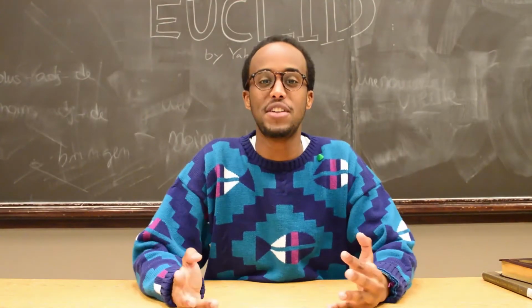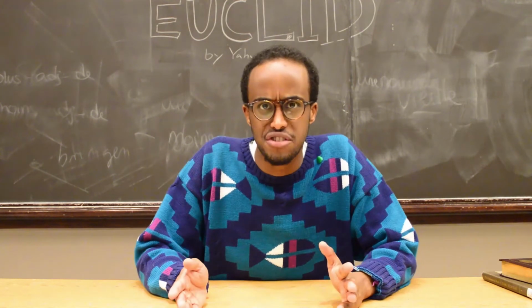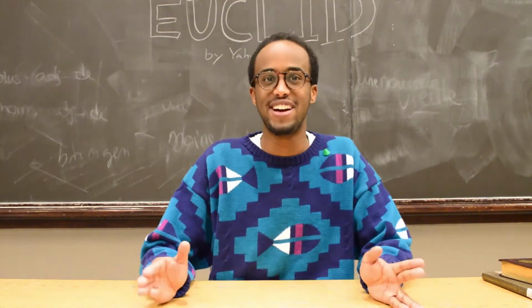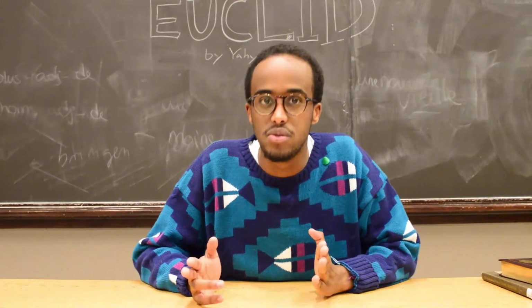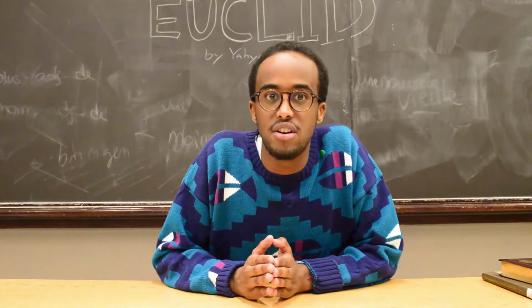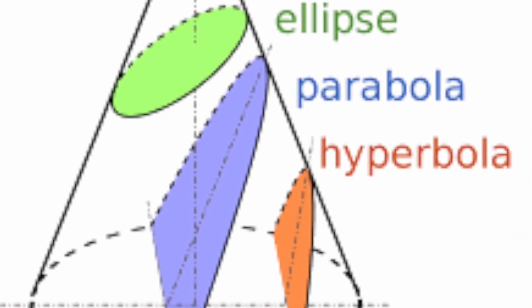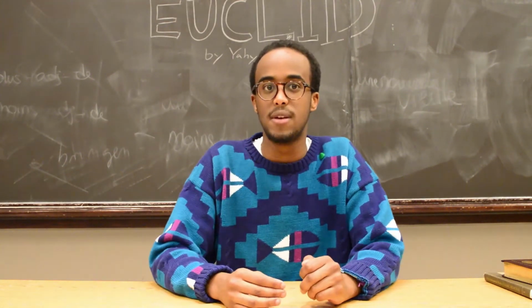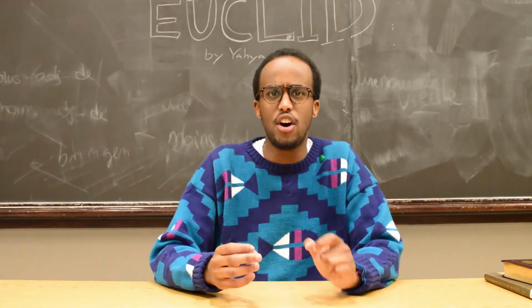Hey guys, let's talk about the legacy of Euclid and the Elements. As you can imagine, the Elements instantly became all the rage throughout the world. It first traveled throughout the Mediterranean in its original Greek and started to influence other Hellenistic scholars, most notably a man named Apollonius, who later applied the same axiomatic methods picked up from Euclid to cones. He later defined multiple cones and went on in more detail, discovering conic sections and concepts like ellipse, parabola, and hyperbola. Years and years later, the book was translated into Arabic by Arab scholars, most notably a man named Al-Hajjaj ibn Yusuf ibn Matar, who preserved it and thought it to be a masterpiece.